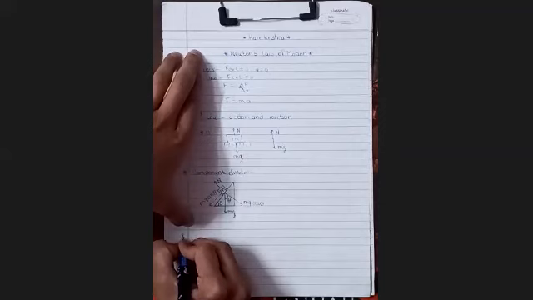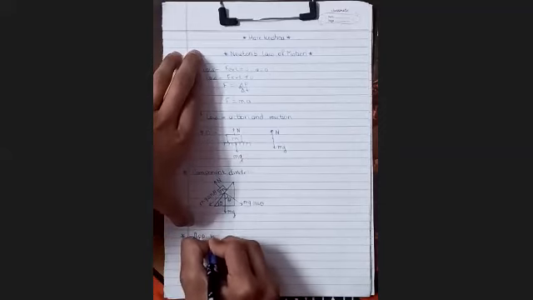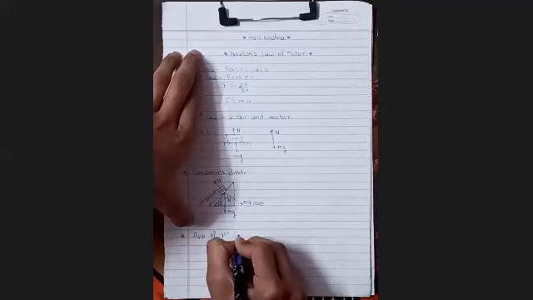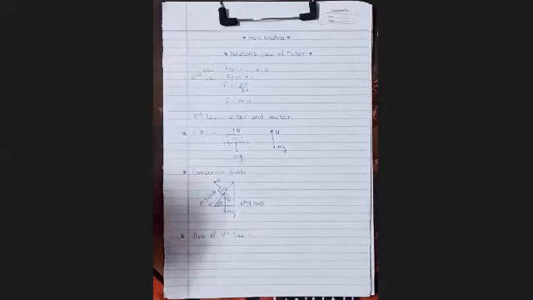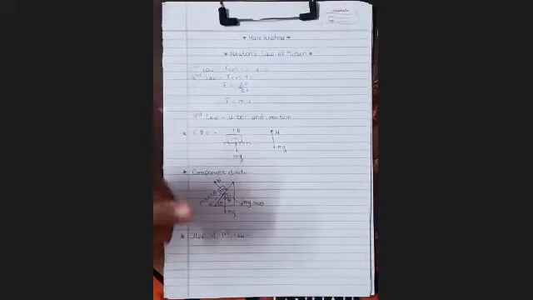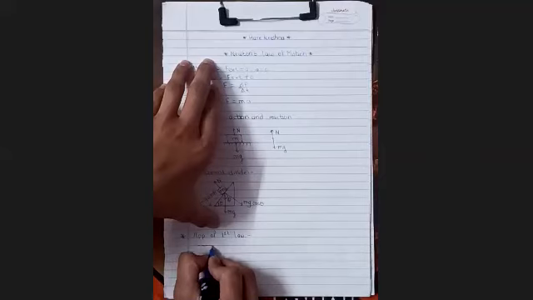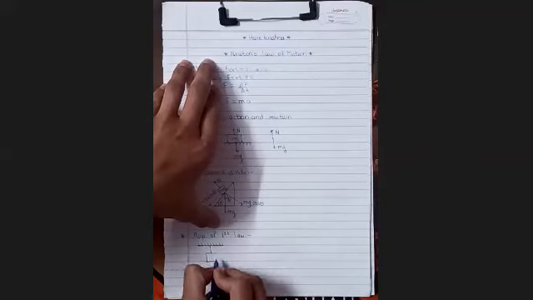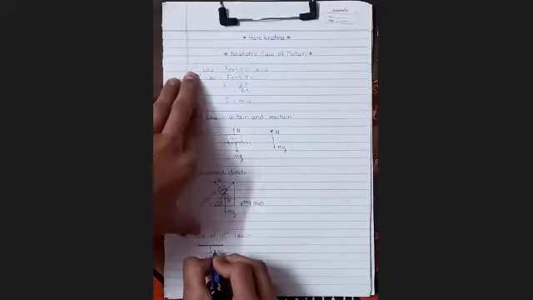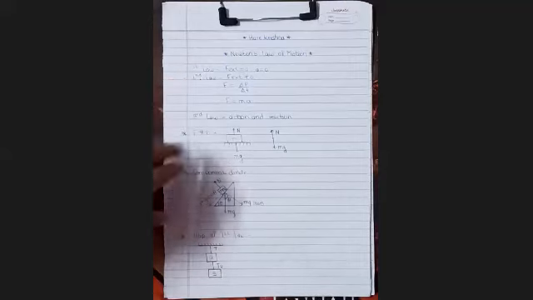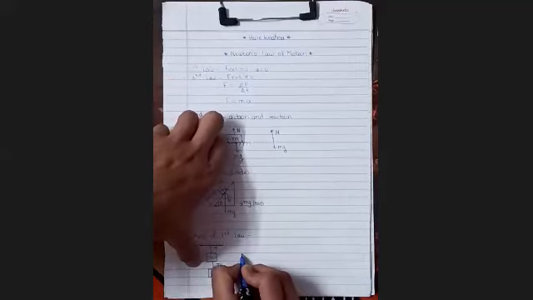So the next point is application of the first law. In application of the first law, we are given that the body is in equilibrium condition, meaning here the external force is zero. Example: there is a 2 kg block and there is a 5 kg block attached to a string. So we have to find the tension in the T1 string and the T2 string. To find the tension, we will draw the free body diagram of these blocks.